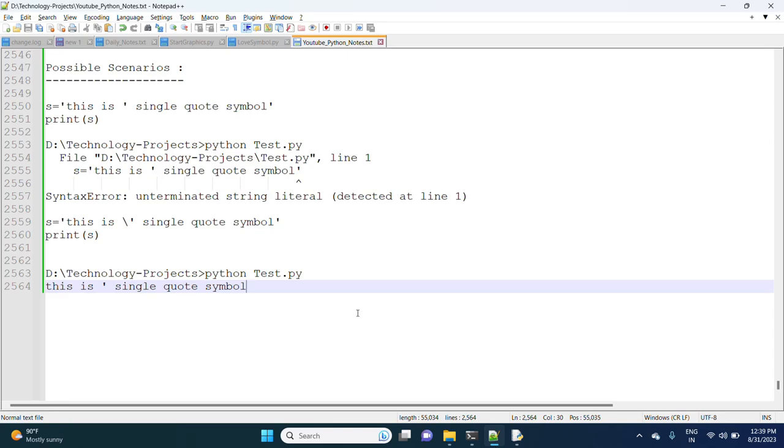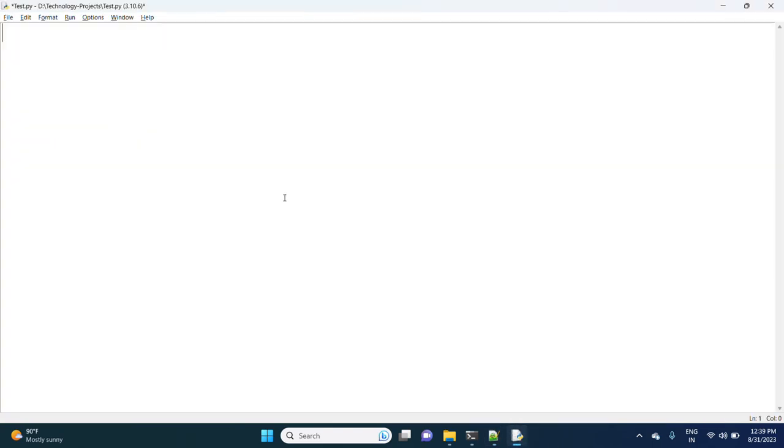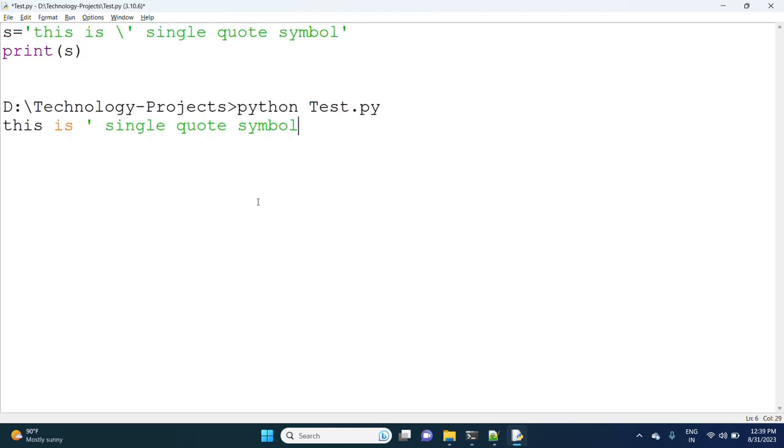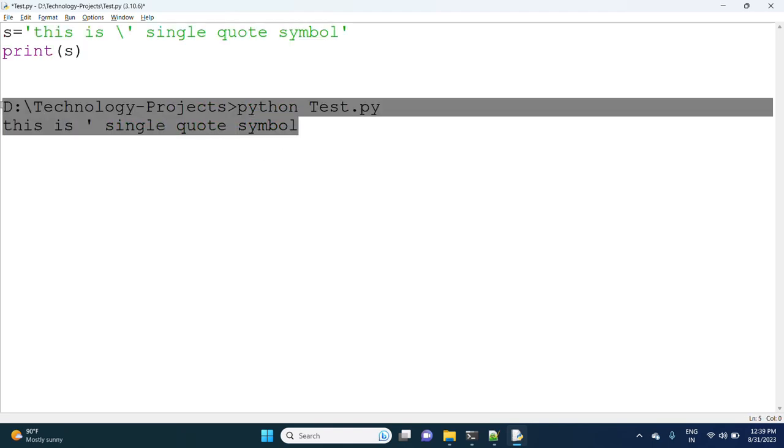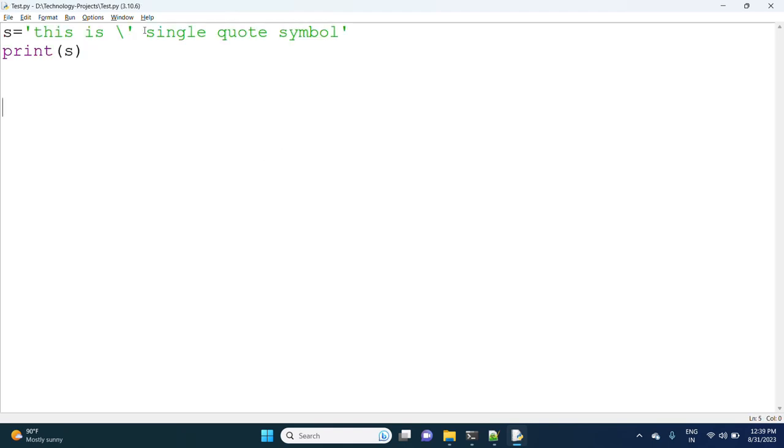In the same way, if you want to print a double quote inside single quotes, we can print double quotes also. This is a double quote symbol.